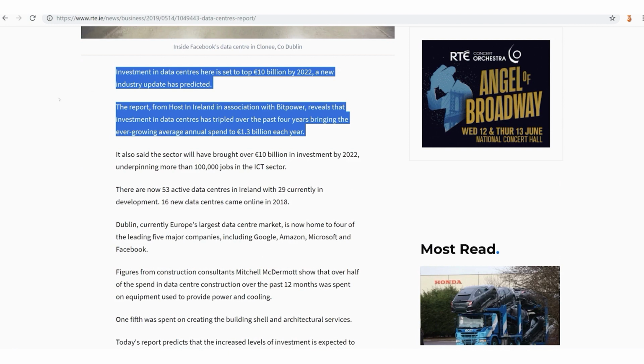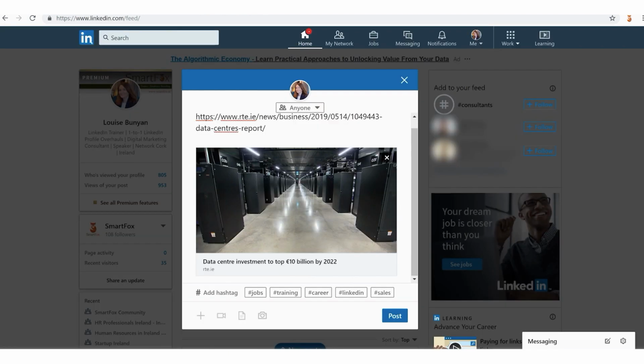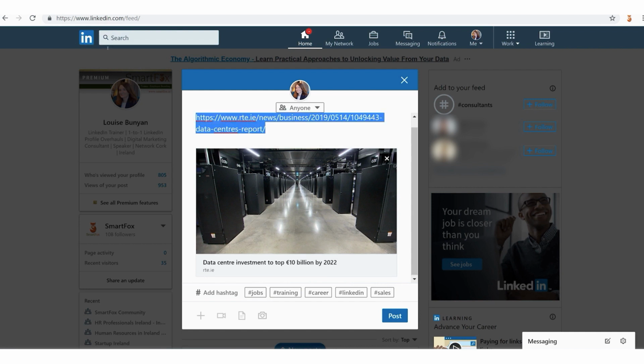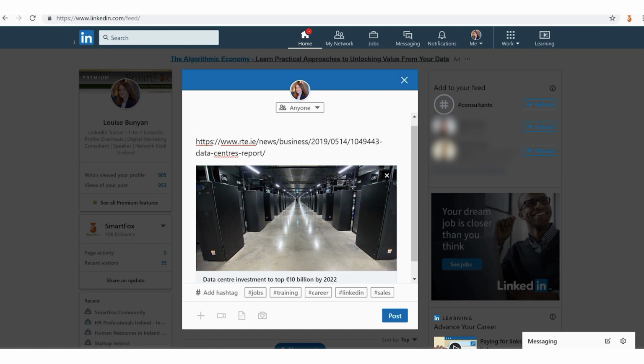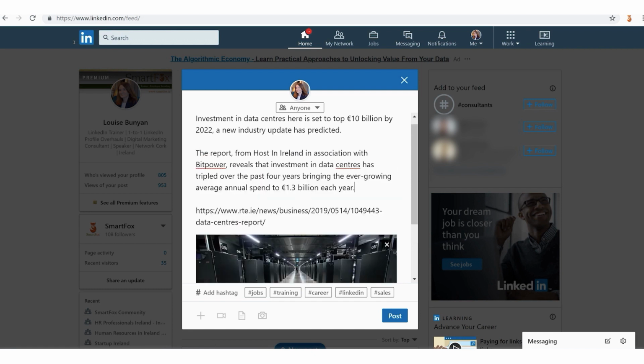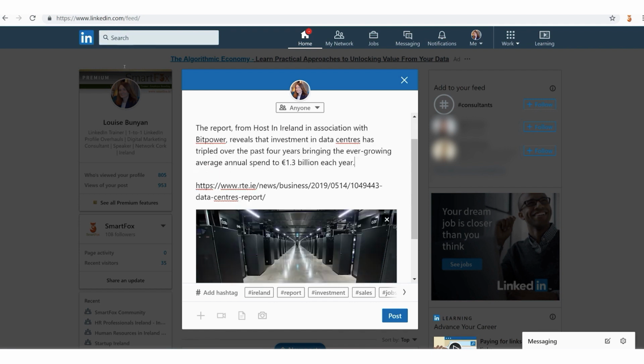So that's something related to Dublin there, so I could pop that in as well. And what I do is you can remove that link if you want. This won't disappear because it has pulled the information from the website. That's also kind of nice for some people to be able to click on it. So I just pop down 2 rows, hit paste, and just make sure that that's okay.